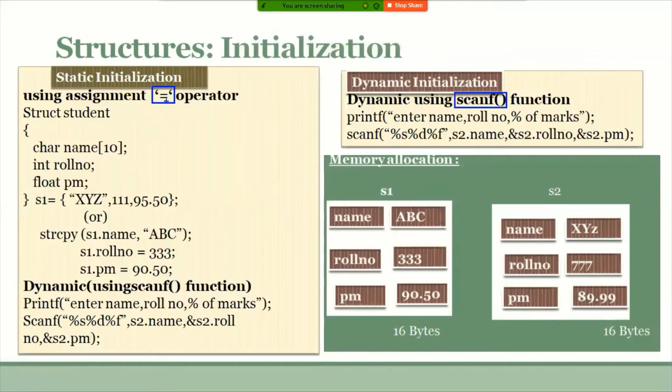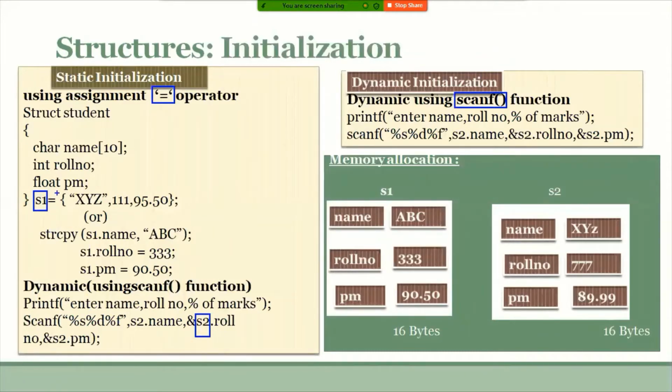So I can initialize the created structure variables S1 as well as S2, assuming S2 is also created, in two ways: by using the assignment operator as well as the scanf function.